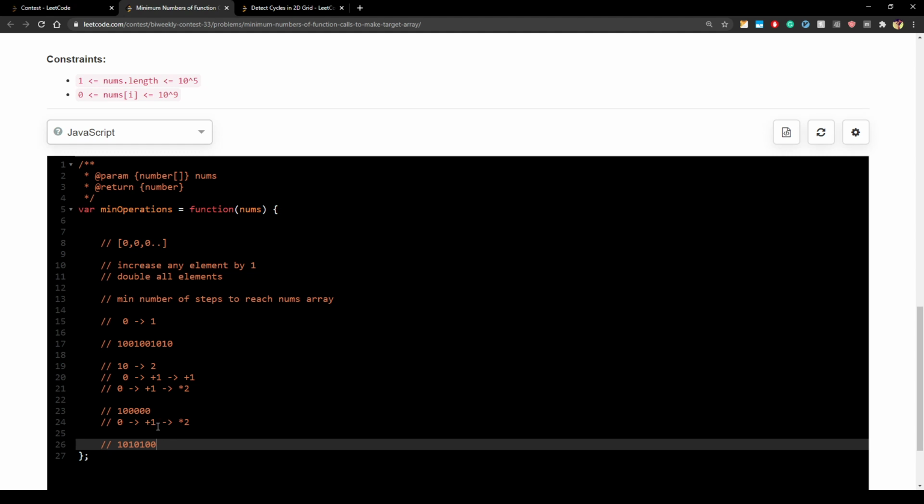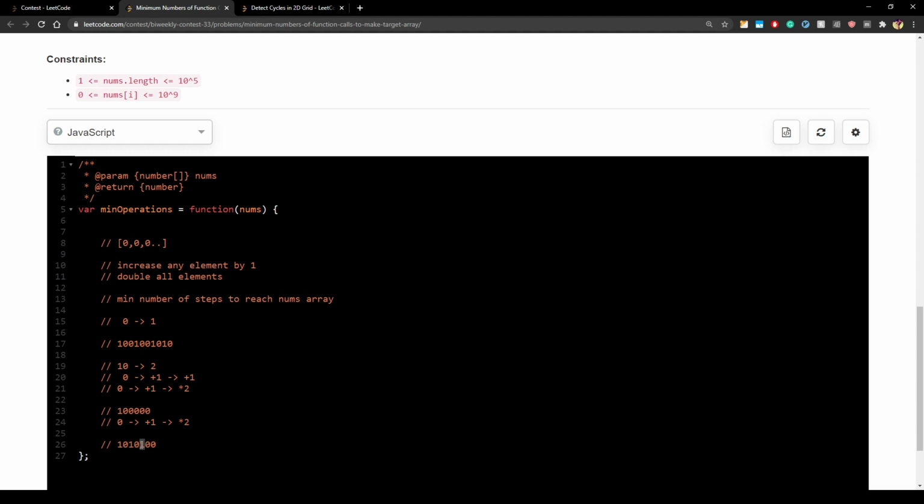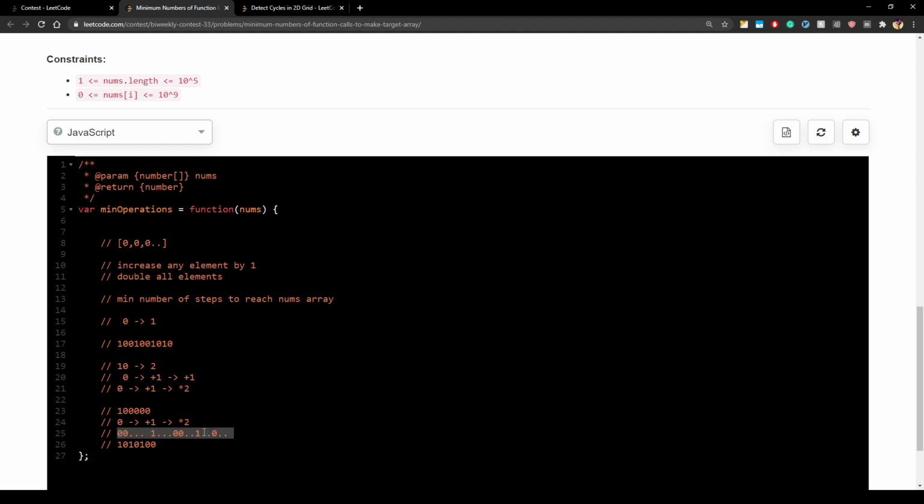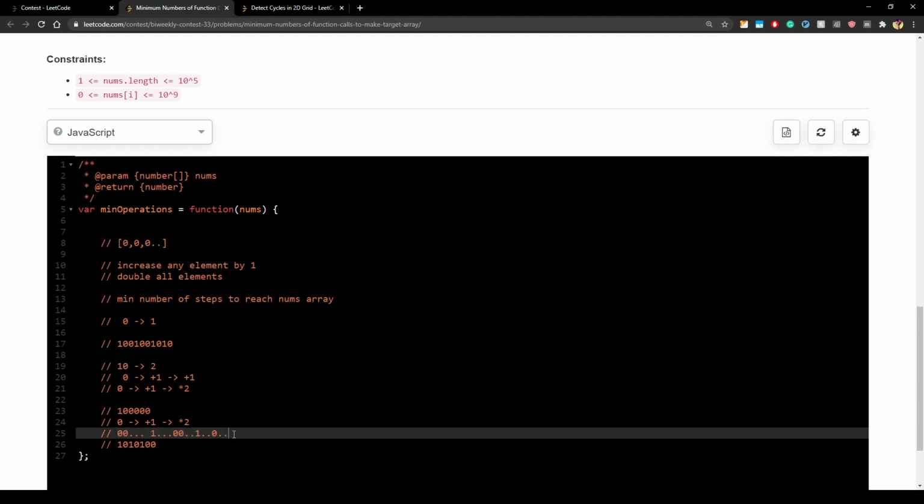So the observation here is basically whenever there is a new one. Whenever you multiply a number, suppose you have a binary number like this, suppose it has a lot of zeros, then a lot of ones, then a lot of zeros, and then a lot of ones and zeros maybe. If you ever multiply this number by 2, it will never introduce a new 1 to this number. So this is the core observation which I made.